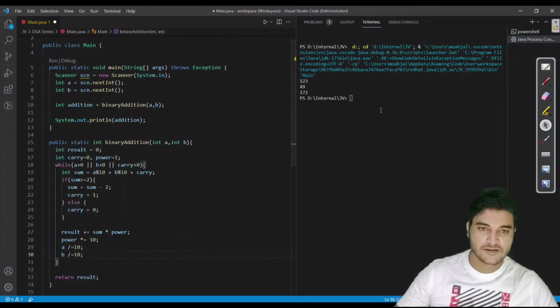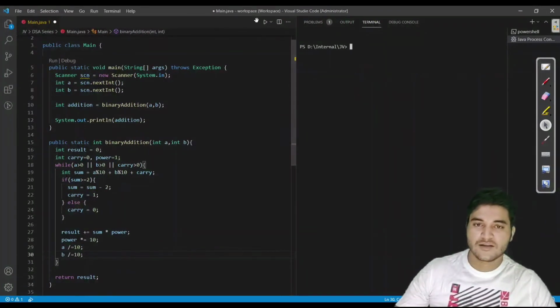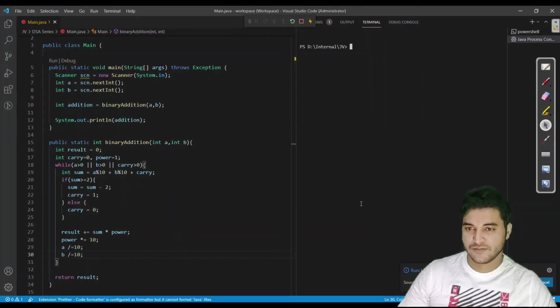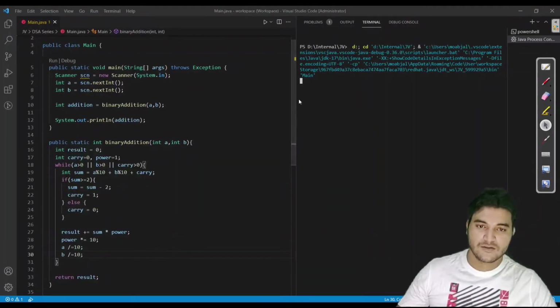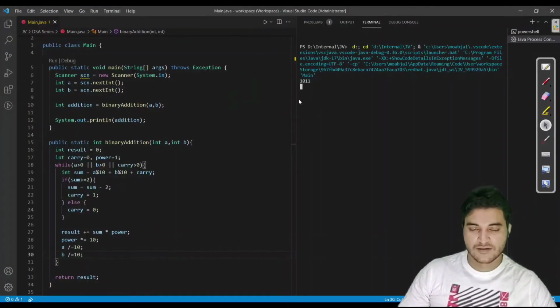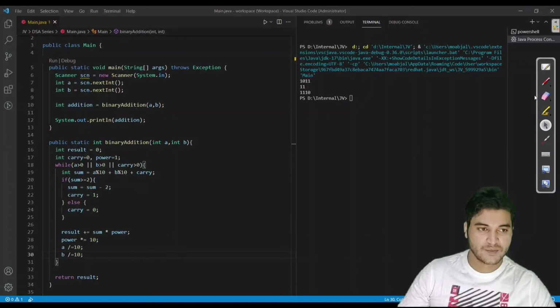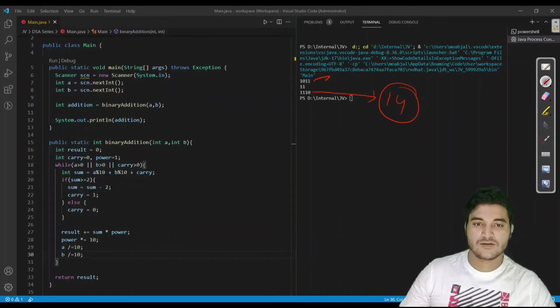So let us see whether this is going to work or not, rather than giving kind of philosophy. We would enter the same numbers which we used, 1011 and 0011, or directly 11. As you can see, we are getting the binary of 14, because this is the binary for 11, and this is the binary for 3. So we would get the result 14, and 14 is in binary form. So we are getting the correct output. Let us analyze the code also.